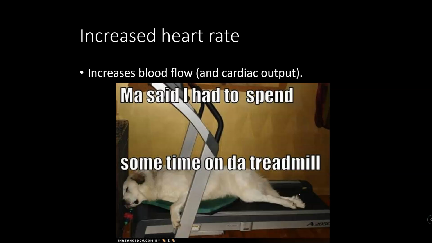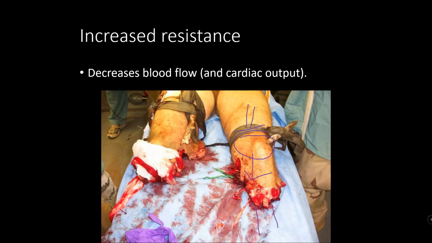Okay. This is where I don't have the notes, so I don't remember how I phrased the question here, but if you increase heart rate, you're going to tend to increase blood flow. Also, if you're talking about through the whole body, you're also going to increase cardiac output. Gory picture on the next slide. Also, if you are military, it's probably a triggering picture, so be prepared for that. Okay. If you increase resistance, remember that has an inverse relationship to blood flow, so you would decrease blood flow and cardiac output if you're doing it as a whole.